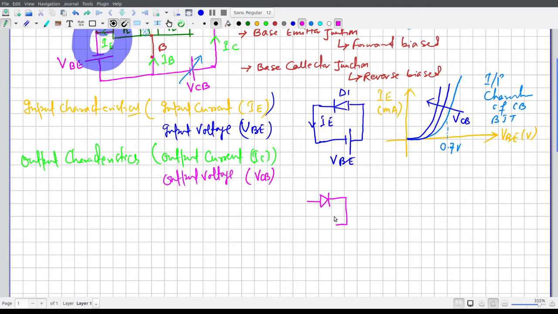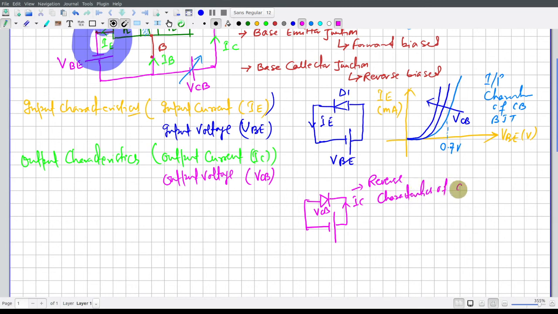This should be positive one, so make it a larger plate, somehow like that. So this one is nothing but simply some current IC and this voltage is VCB. So this will give you the reverse characteristics